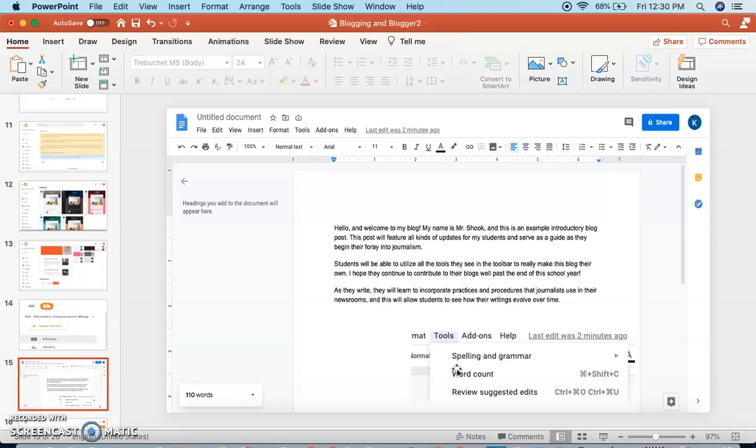In newspapers, they were only given so much space to fill for news articles, and at the same time, they could have been told to add extra information to fill up space. Those are layovers from the print journalism era with newspapers and magazines, but it is a practice that's still followed today. And so I want you to make sure that you're falling within the word counts that I give you for each of your assignments. Now, I do have a part 2 to this video, so make sure that after you finish watching this one, you watch the part 2.